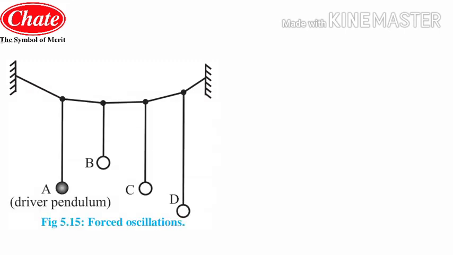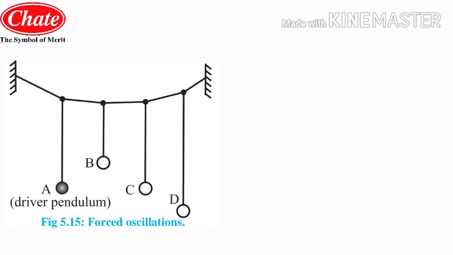Now students, we are going to see free oscillation, forced oscillation and resonance. First of all, we will see free oscillation. When an object is allowed to oscillate or vibrate on its own, meaning no external agency has to be applied over that object for its oscillation, then we say it is free oscillation. It will oscillate only with the frequency n = 1/2π times root of g/l, which is called the natural frequency. Students, this was all about free oscillation.